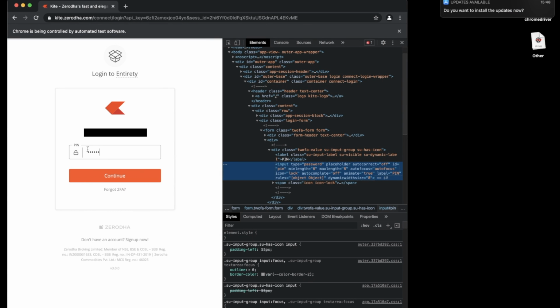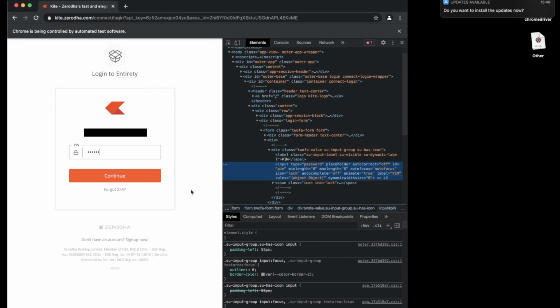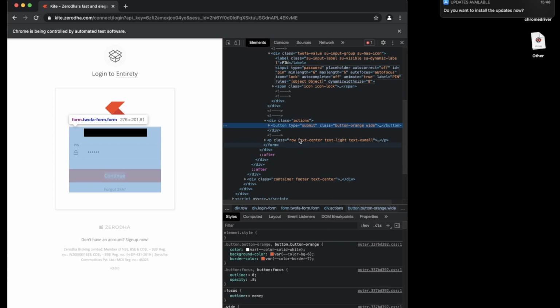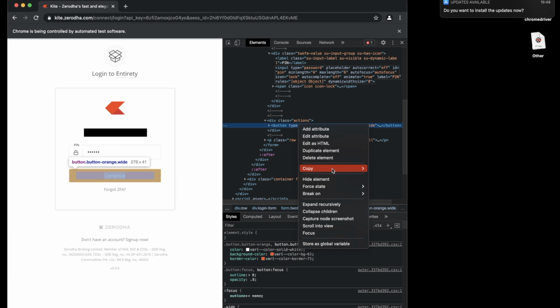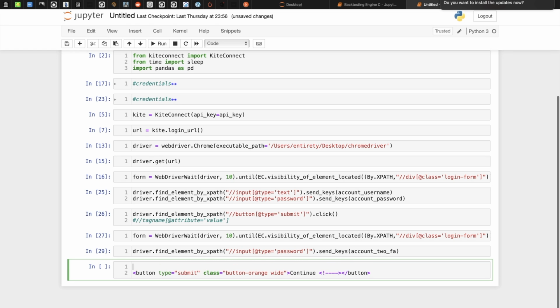As you can see, the 2FA is filled. Our next job is to simply click on that continue button to completely log in. So for that, let's inspect that button in the same way, and paste the element.